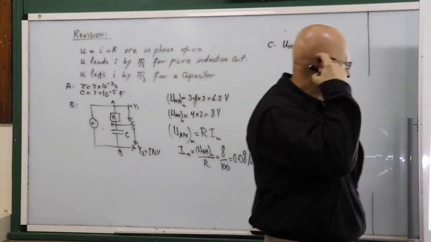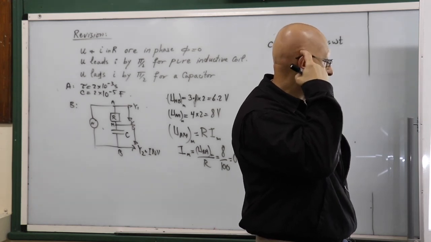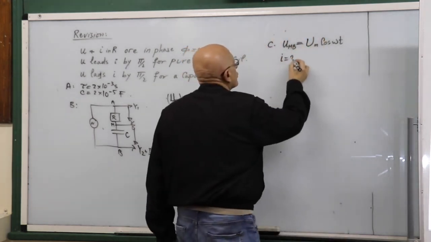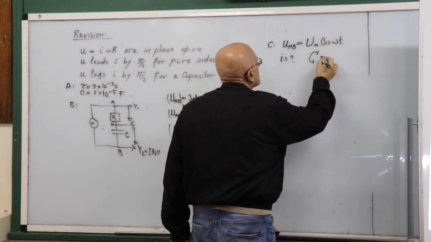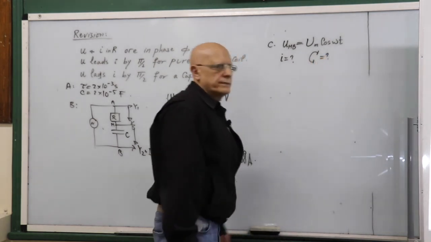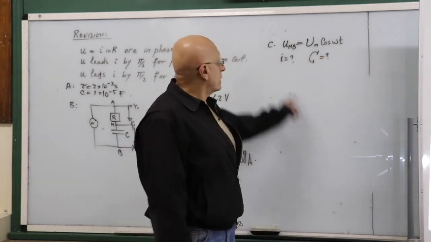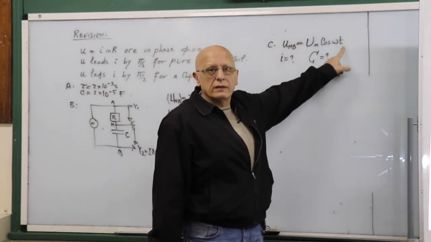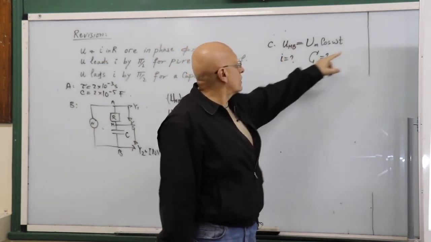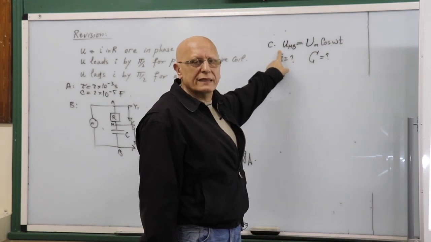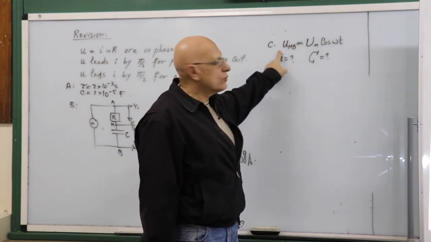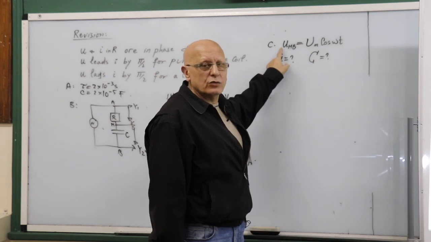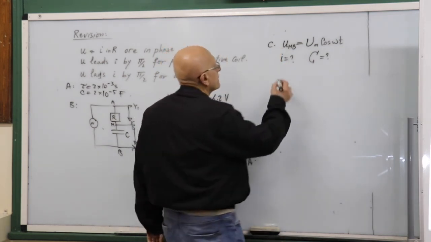Determine the expression of the current I as a function of time and deduce C. He wants the expression of I and deduce C. If you look at the voltage here, you notice that phi is 0, which means that UMB is given as a reference. So the expression of I is similar to the expression of UMB,